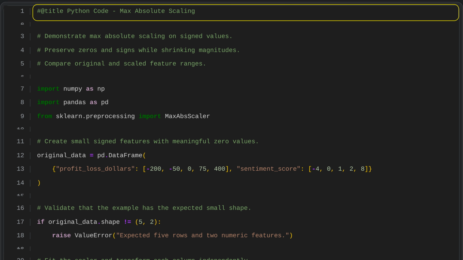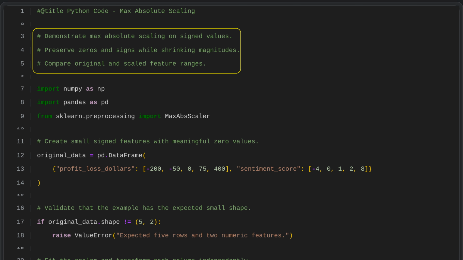Python code, max absolute scaling. Max absolute scaling rescales signed values by shrinking their magnitudes while keeping zeros unchanged and preserving whether each value is positive or negative. After scaling, compare the original and scaled feature ranges to see how the values have been compressed